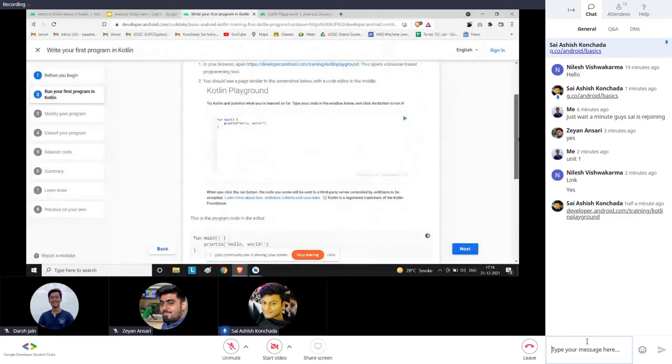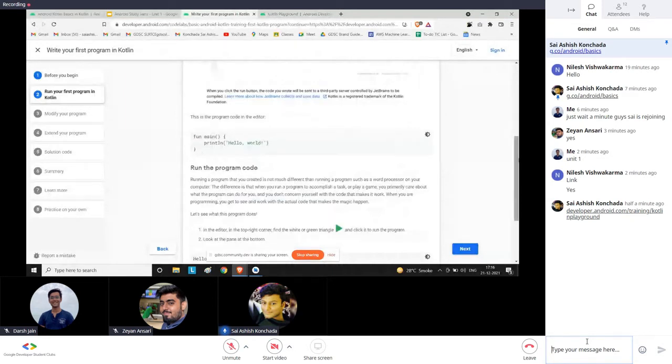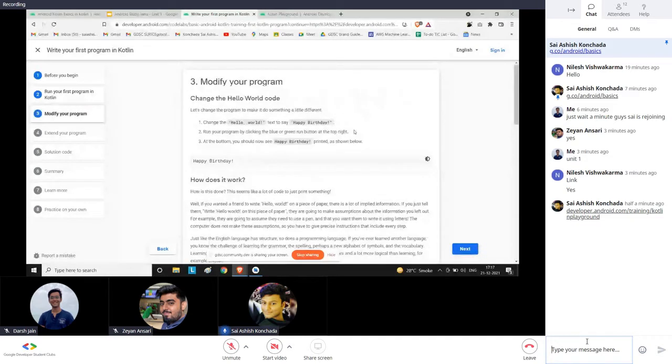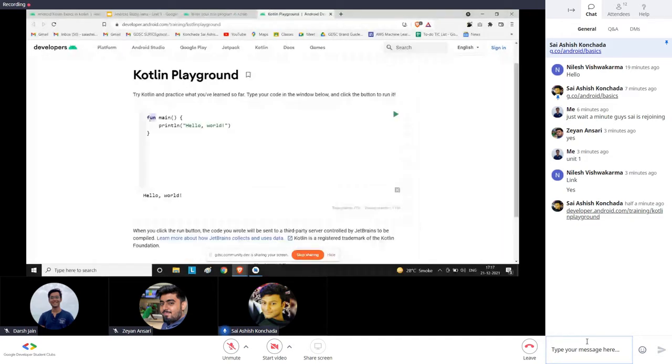So this is the first program, and what it does is just introduce you to this interface. If you run it with the green triangle, you will see hello world displayed in the output. Now let's see the program. What is this? Fun. Fun basically means function. The name of the function is main, because every programming language has to have a main function. It is where the compiler starts to execute the program.